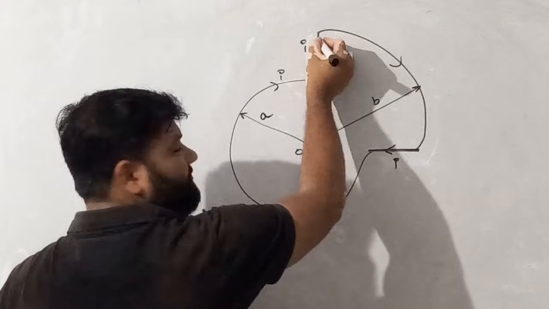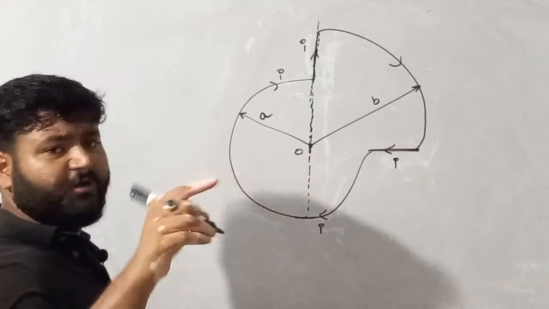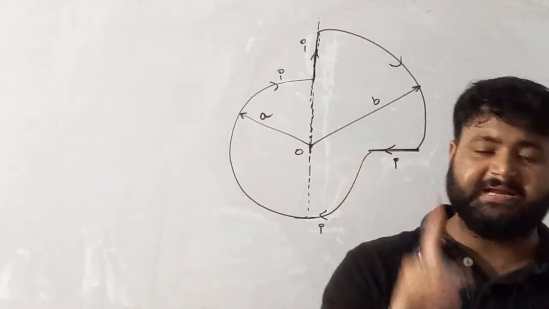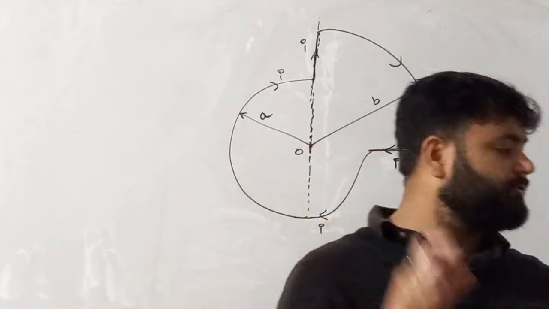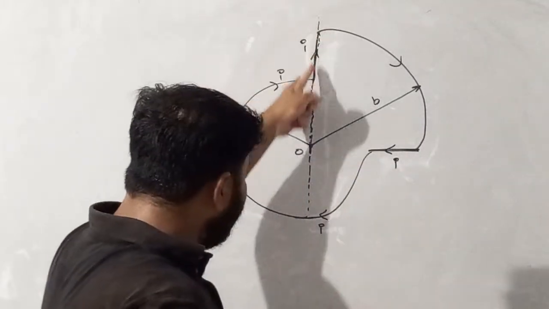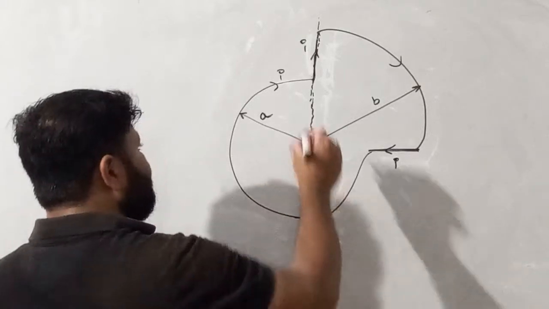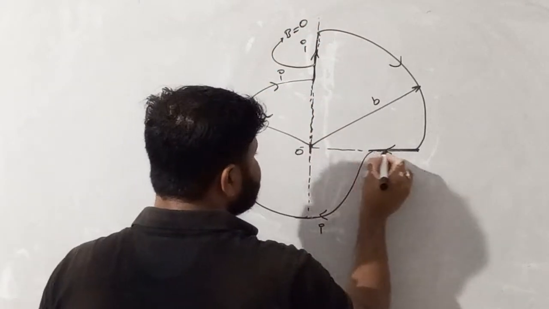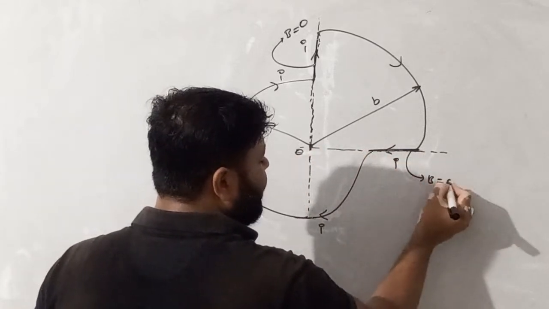If I am taking this wire, the axis of this wire is passing through the point where we want to find magnetic field. Right now I'll explain to you, if you want to find magnetic field on the axis of the wire, then due to that wire the magnetic field is considered to be 0. So my dear students, the axis of this wire is passing through that point where we want to find magnetic field. So magnetic field due to this wire is 0. Similarly, this wire's axis is also passing through that point, so magnetic field due to this wire is also 0.